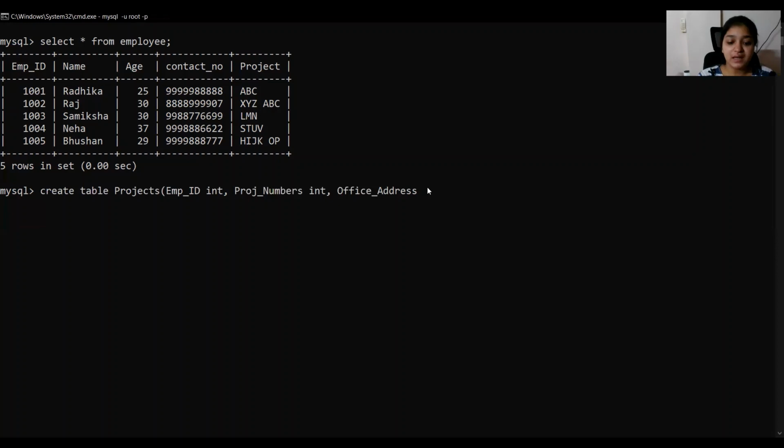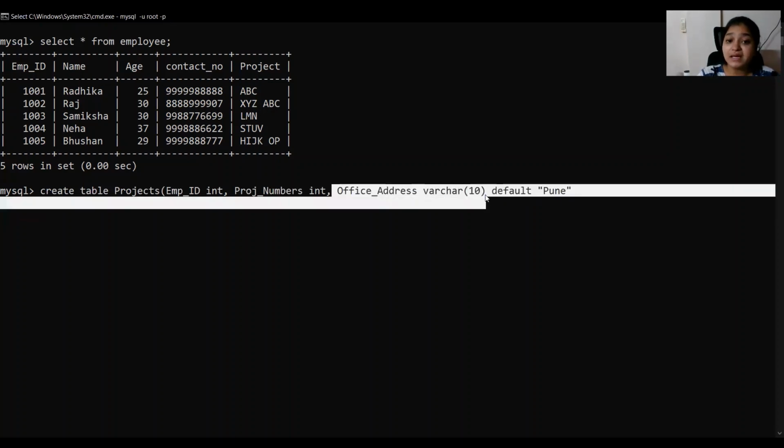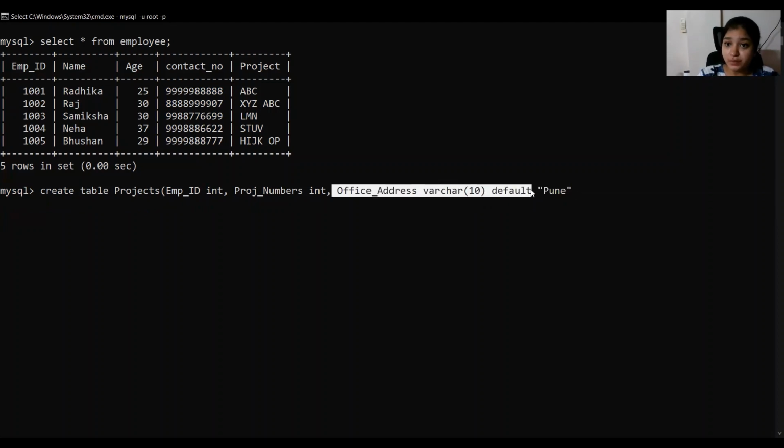So I'm specifying it as varchar 10, and let's say by default they are from Pune. So this is another integrity constraint which is known as default. What default does is it assigns a specific value to all the values which we'll be entering in the office address attribute. In this attribute, initial value will be this for all the entries that we'll be putting.